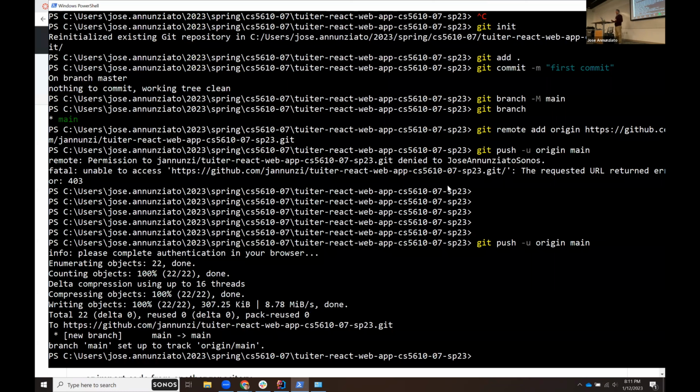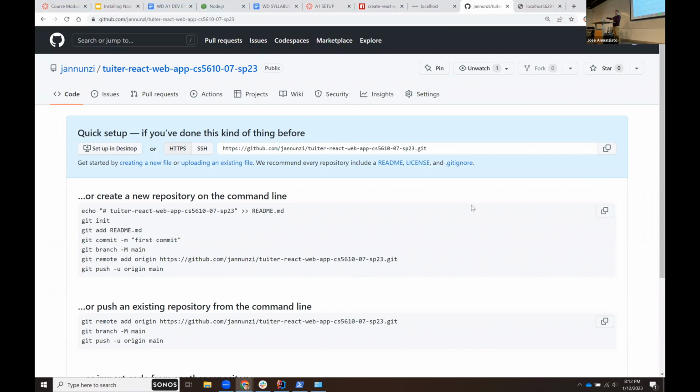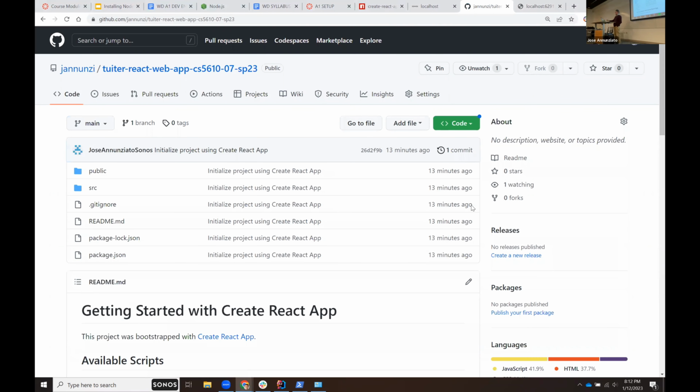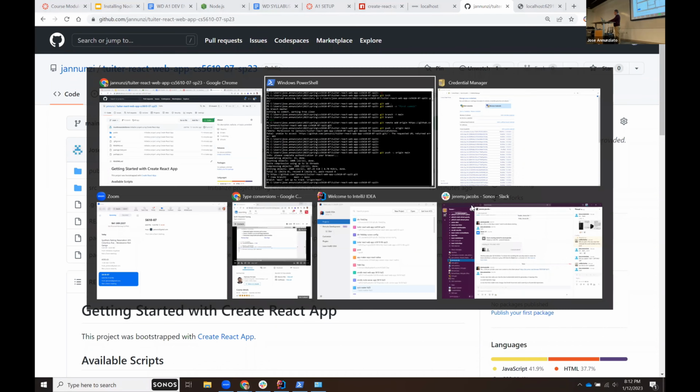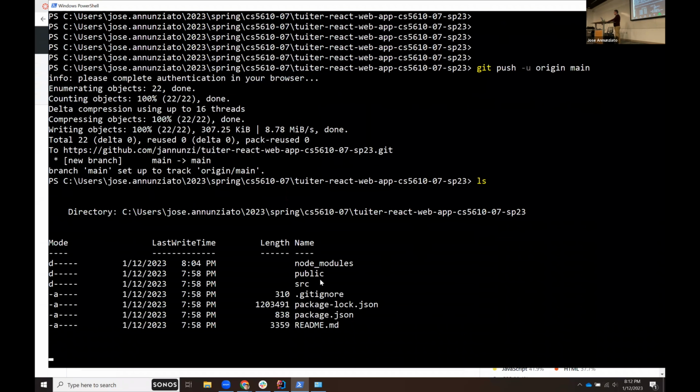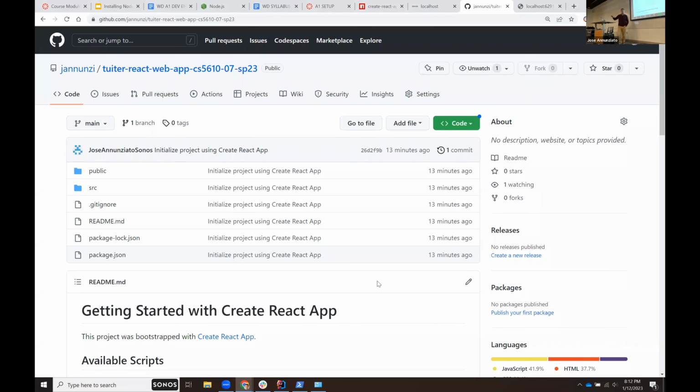Okay, there we go. So I was able to push the content. So if I go back to my repo and refresh the screen, now there's content here. It won't show this default messaging. This content should be identical to what I have locally, right? Except for the node underscore modules. Okay, so everything is there except for the node underscore modules. Pretty good? Okay. So once it's here in GitHub, we can now deploy it to a